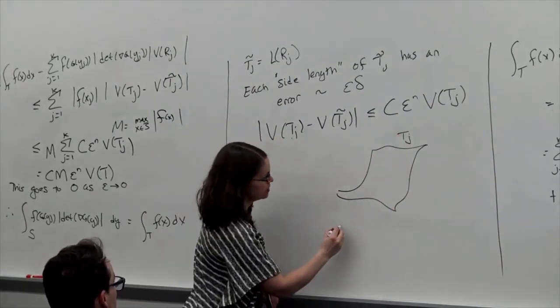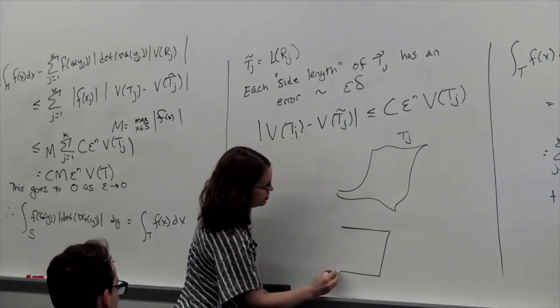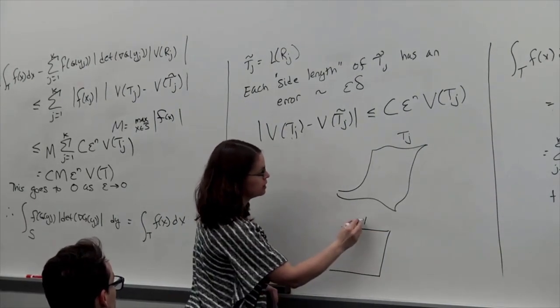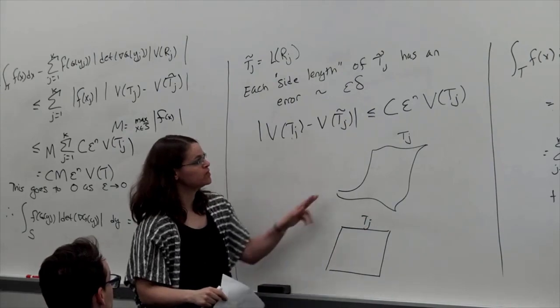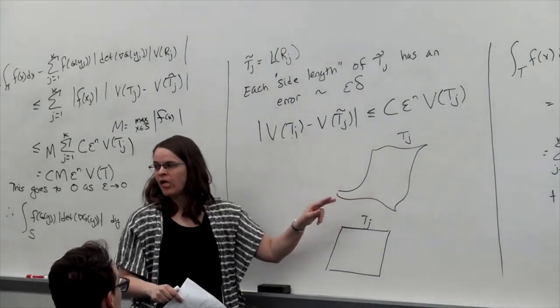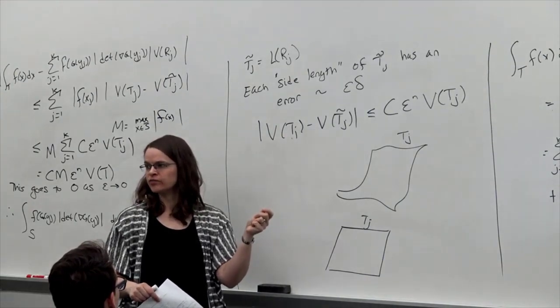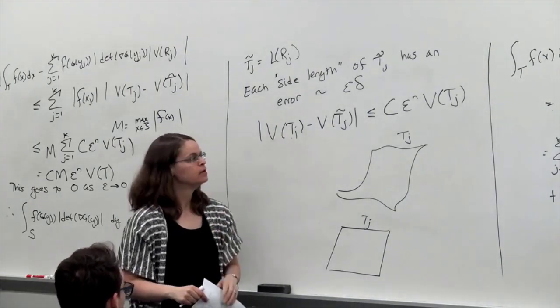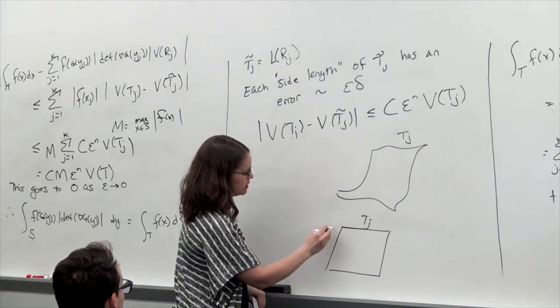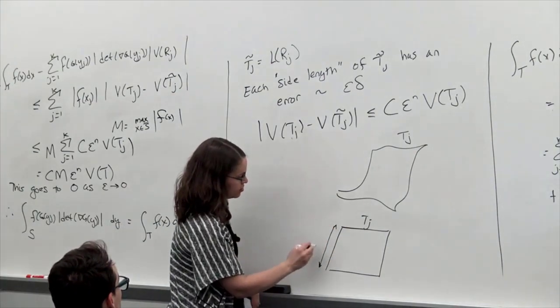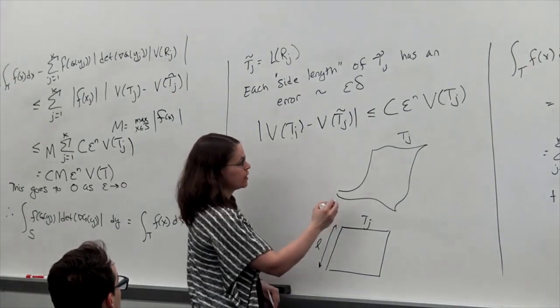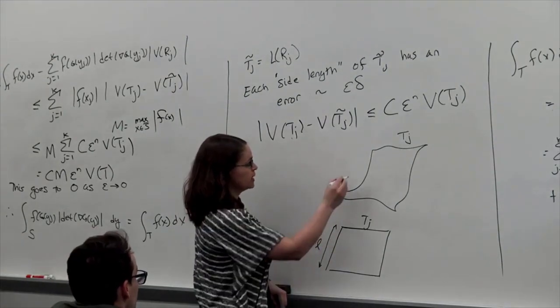And the linearization gave us something that's nicer. If I put these on top of each other, they're almost the same. And the deviations in the boundary are going to be on the order of epsilon times the side length. So if this has side length, say, L,